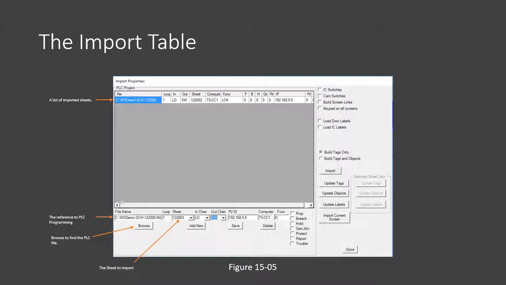Then you have the sheet number that you want to import, the input channel, which is almost always LED or LD in this case, and the output channel, which is almost always switch row. The rest of the information there is pulled in from the programming database. But there are some added functions that you can set, that you can check, so that these functions are available when